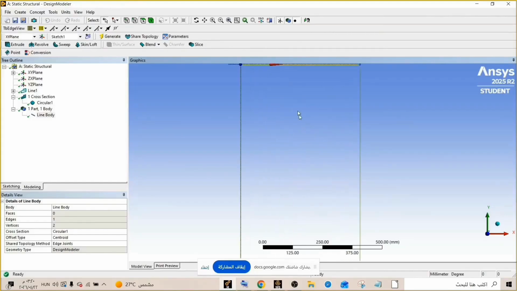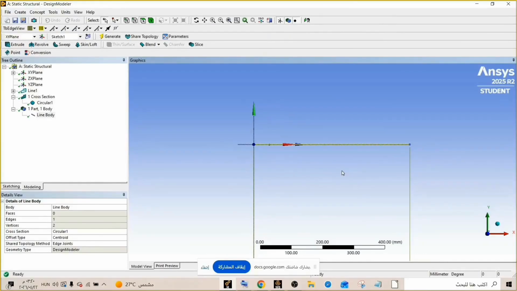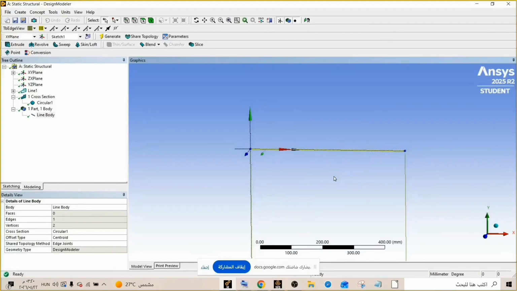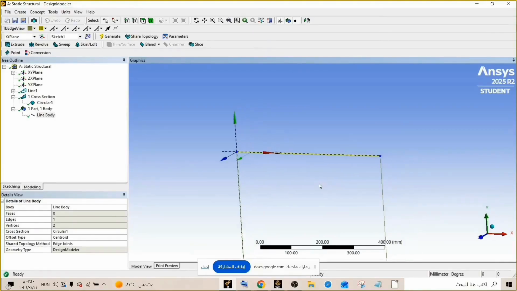So we zoom in, control, scroll. Okay, so you can see this is our model.